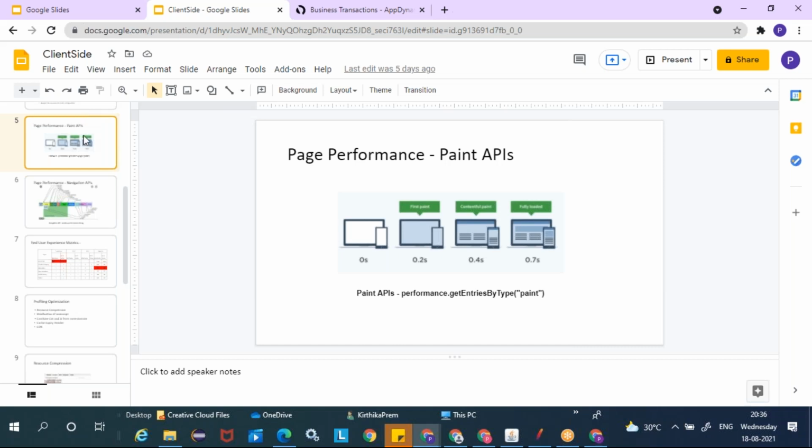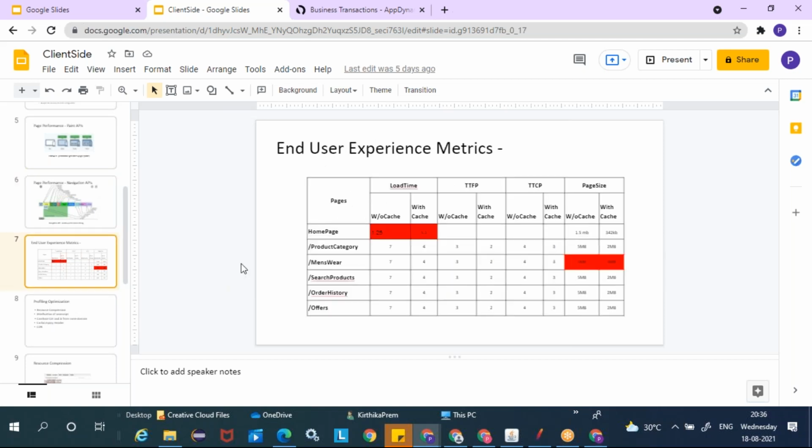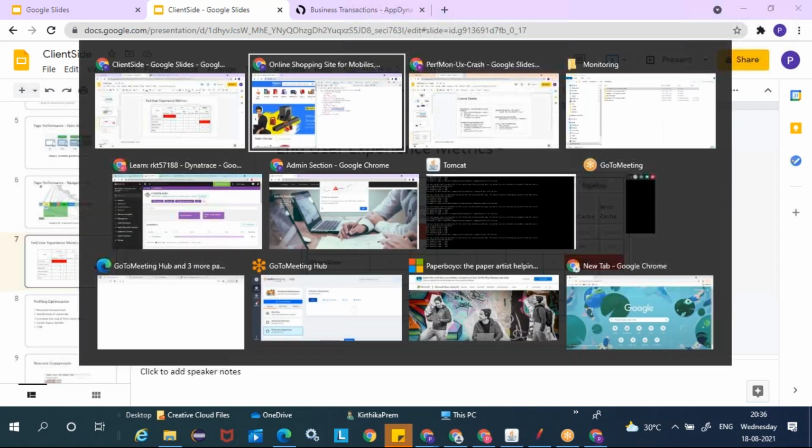And the navigation API, let me not go there now. Other metrics: I have load time, page size, and the number of requests. These are the other metrics I would be interested in from a client side perspective.